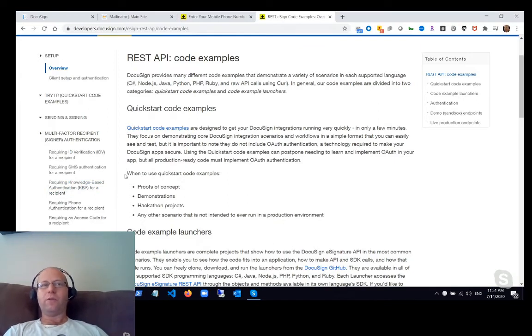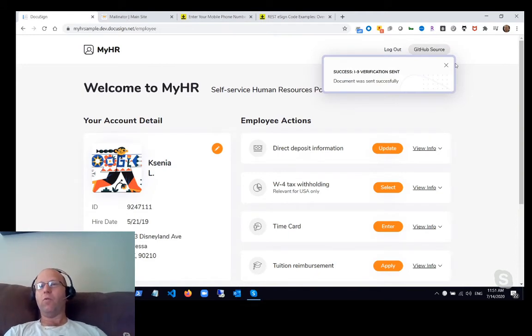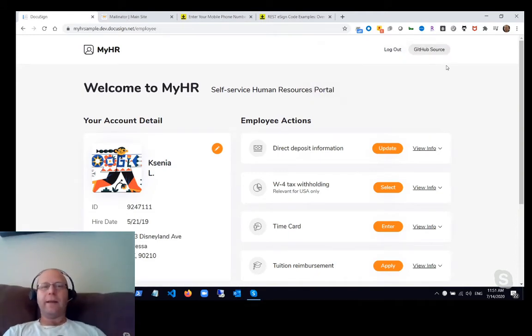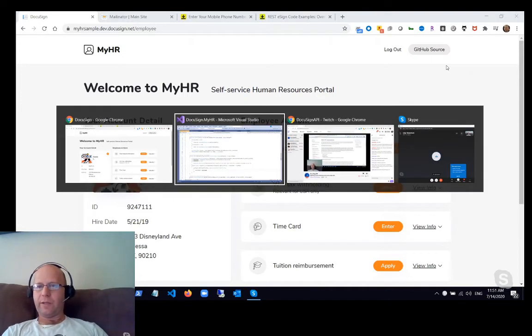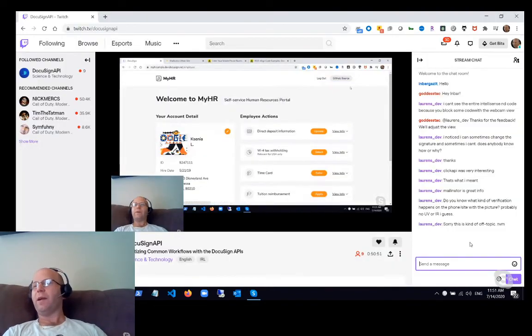IDV is the only one that was used by this sample app that I'm demoing today, but there are all ways to have additional authentication. I hope that helps with the question, Lauren, that you had. And nothing is off topic, by the way. So if you have any question about the API, technical questions,